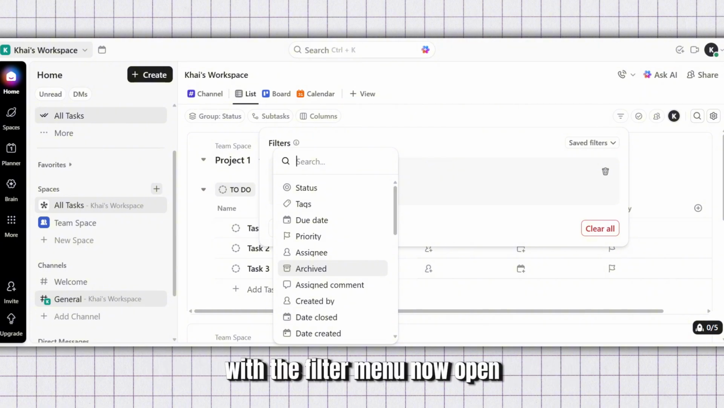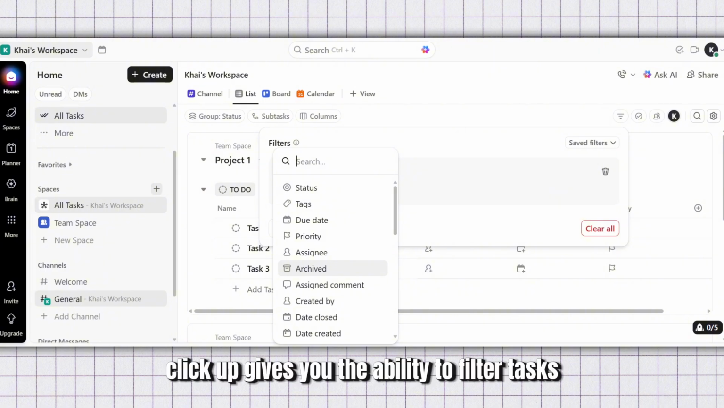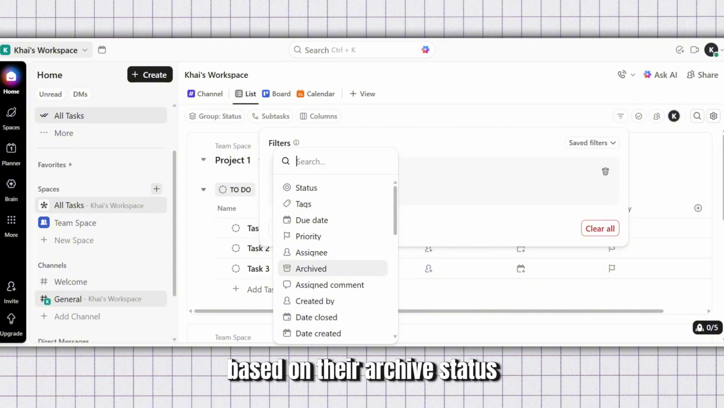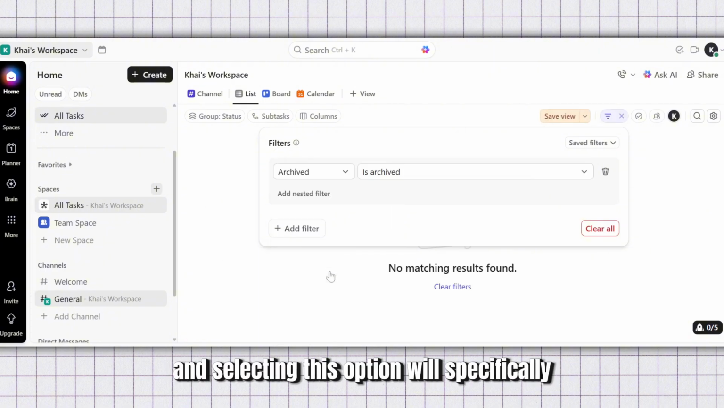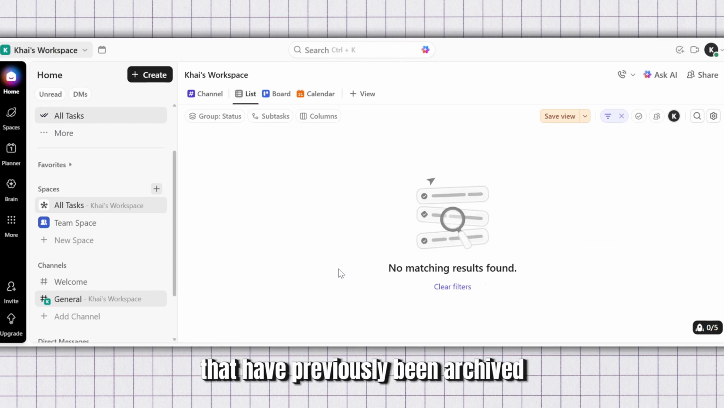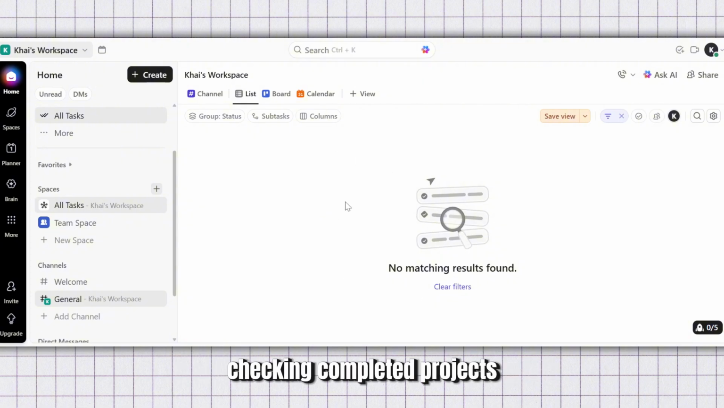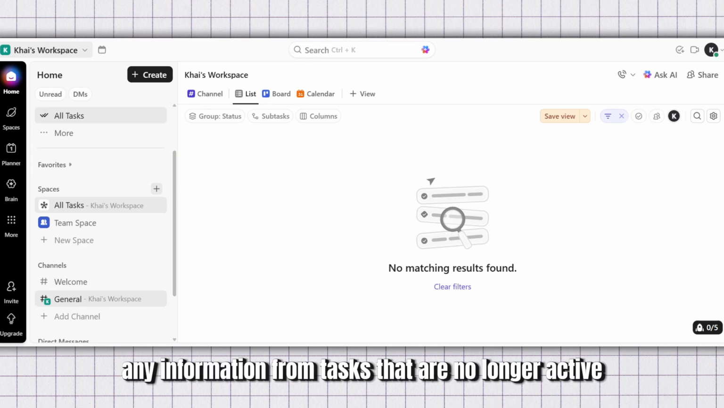With the filter menu now open, here's where the magic happens. Look for the option that says Archived and click it. ClickUp gives you the ability to filter tasks based on their archive status, and selecting this option will specifically pull up all the tasks that have previously been archived. It's quite useful for referencing past work, checking completed projects, or retrieving any information from tasks that are no longer